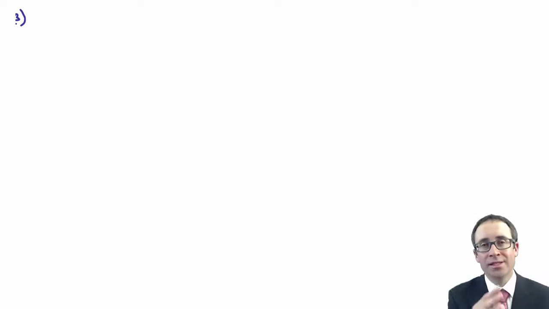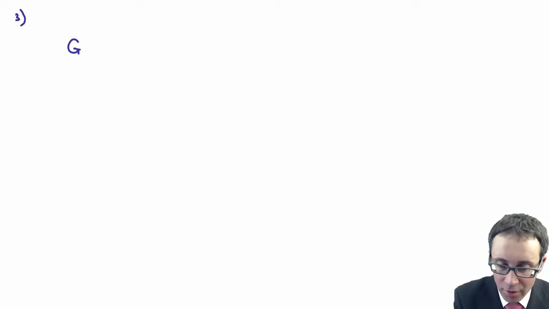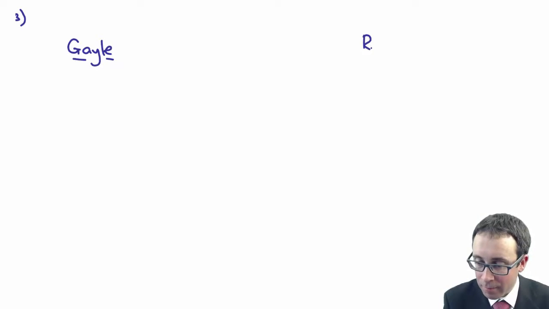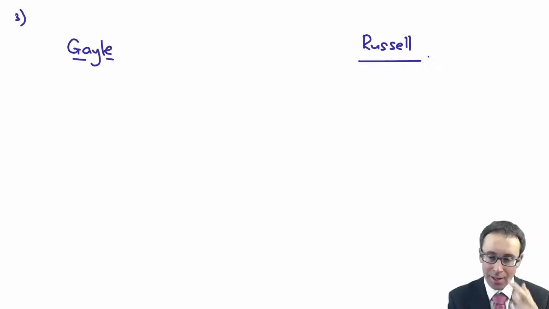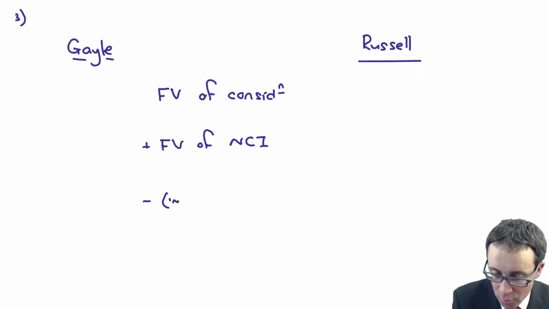So working number 3, goodwill. Remember, the layout is the same. It's just ever so slightly adjusted, isn't it? So what you've got there on the left of your 3 columns is the goodwill in Gale. Leave the middle column blank. And then on the 3rd column, you have Russell, don't we? Again, in the middle we can put the narrative. You've got the fair value of consideration, the fair value of the non-controlling interest, which you add, and then you will deduct working number 2